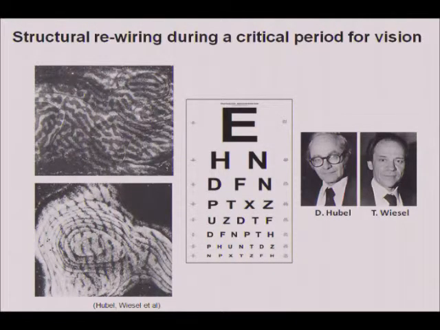If they patch an eye during a critical period and then inject the open eye, you see a dramatic expansion of the territory occupied by the open eye at the expense of the deprived eye. And to me, this is the most fascinating aspect of a critical period, that simply covering an eye, altering sensory input, will physically rewire the brain permanently. And so after a critical period, it becomes difficult, if not impossible, to restore this connectivity pattern. And as a result, the functional vision through the deprived eye is decreased enduringly.